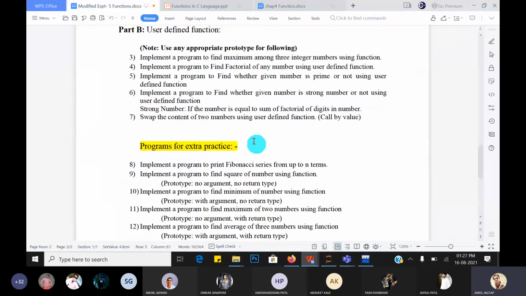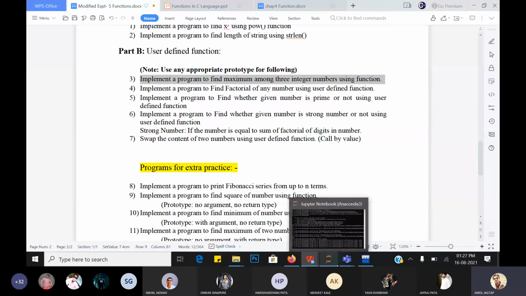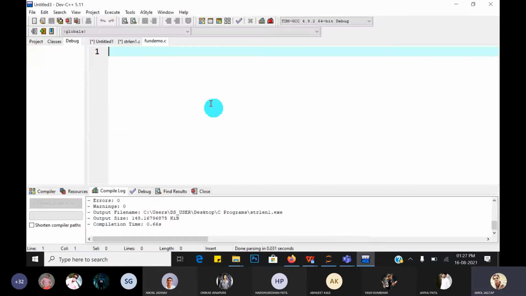So from the list, we will take any one example. Implement a program to find the maximum among 3 integer numbers using a function. Use an appropriate prototype for that. So we will see that. Before that, we will take one simple example, how to add two numbers. Okay. So hash include